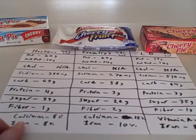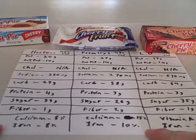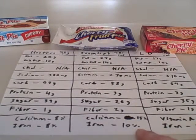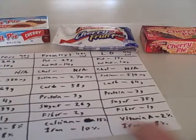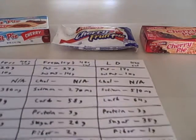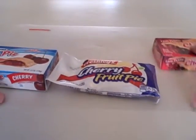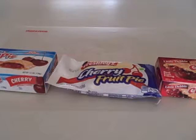And now for the assorted nutritional value. Hostess and Freshly's have calcium and iron content. Hostess has 8% daily value of calcium and 8% daily value of iron. Freshly's has a higher content, 15% daily value of calcium, 10% daily value of iron. Little Debbie has 2% vitamin A, no calcium content or anything that's considered significant, and an 8% daily value of iron, just like Hostess. So yeah, all three have their own pros and cons, and I guess it's really all about which nutritional value you're looking into. Yes, I don't really see much difference in the nutritional content as you put it. Now then,